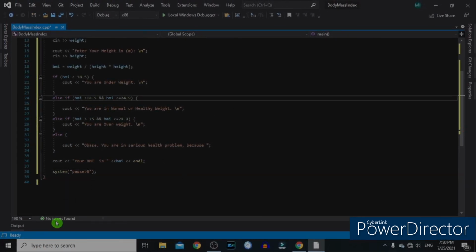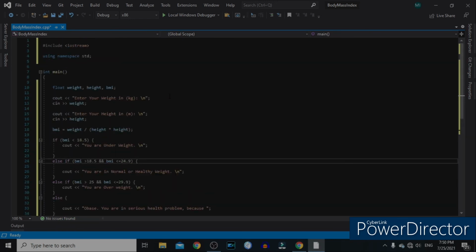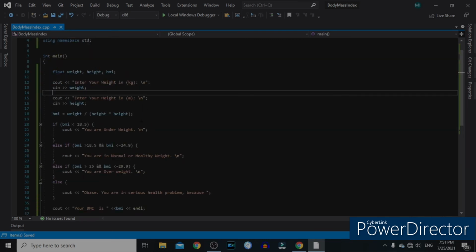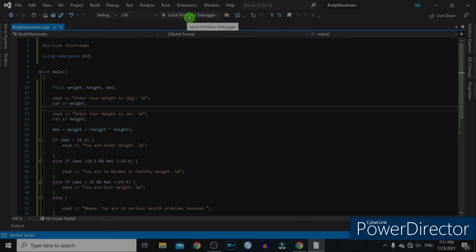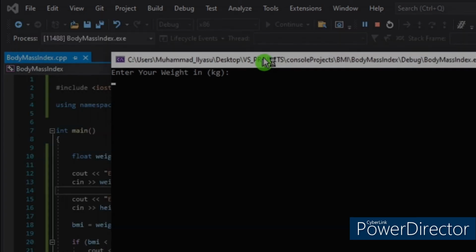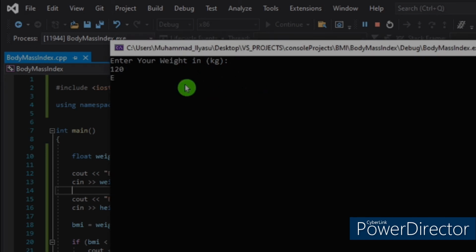As you can see, there is no issue found in our project or in our lines of code. So our program is ready to be executed by clicking on this Local Windows Debugger. So click on it, and the program runs successfully. It says enter your weight in kilogram, so 20. Enter your height in meter. Let's enter like 1.60,